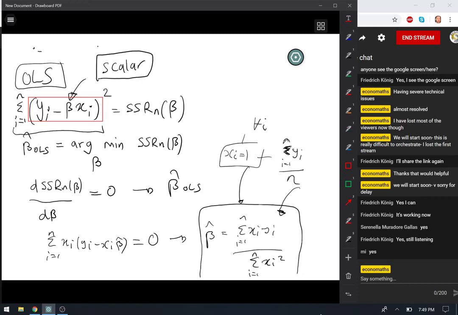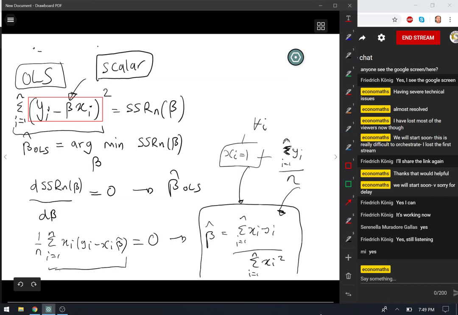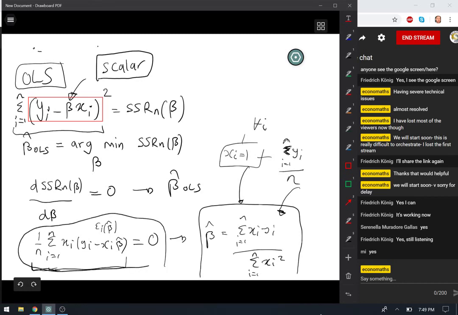And we can see this here is just the sample analog of the population version. So again, multiply both sides by 1 over n. It's not going to change anything, but we can see that this is the sample average of x times the residual at beta hat. This here is just enforcing the population version of the linear projection model, which selected beta to make the population average of x and the residuals have mean naught. So this here is just the sample projection. Another way of thinking about this is the sample projection